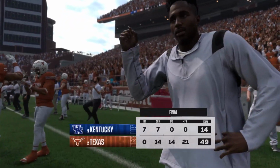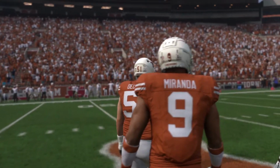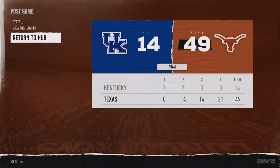This one ended up being a blowout. They get the W, but they also make a pretty strong statement here today. Yeah, I thought this game would be a lot closer, at least closer than how things ended up. But give credit to this team for coming out with a good game plan and just